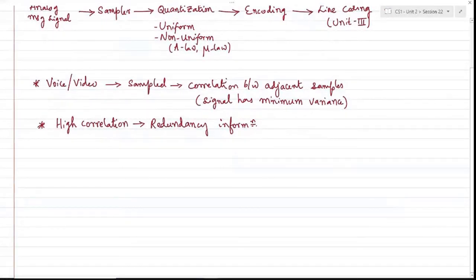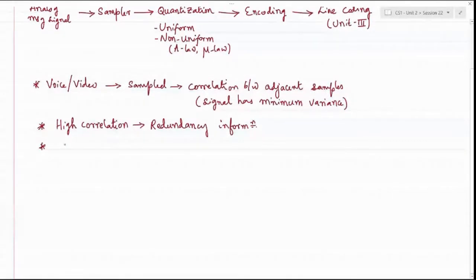With that, I'll still be able to record the message signal, which can be perceived by the receiver or the human at the other end. This kind of signal structure means that symbols that are not absolutely essential to the transmission of information are generated. In a conventional encoding process, you would be encoding all the samples generated from the sampling process, but in this case, by practical observation, there is a high correlation between adjacent samples, and hence you need not encode all the samples.